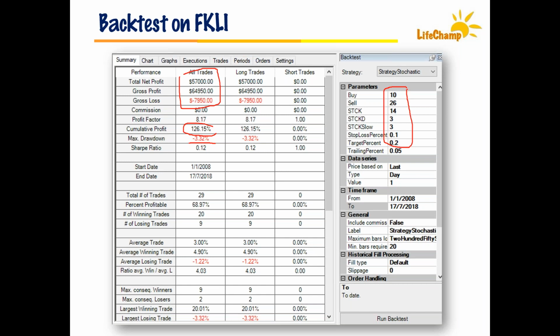So how to optimize parameters: in this case, how I get the numbers 10 and 26 for buy and sell is because I asked the system to give me these numbers. The system, or the backtest, will start from, let's say, buying at 1, selling at 99, and then buying at 2, selling at 99, buying at 3, selling at 99. It will actually do all these combinations, which sometimes gives you